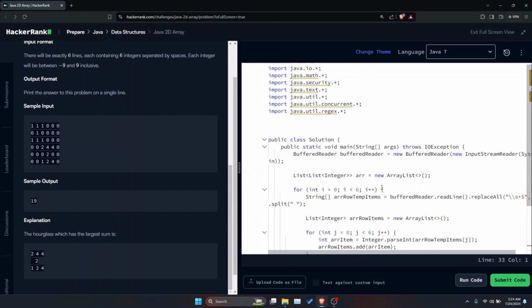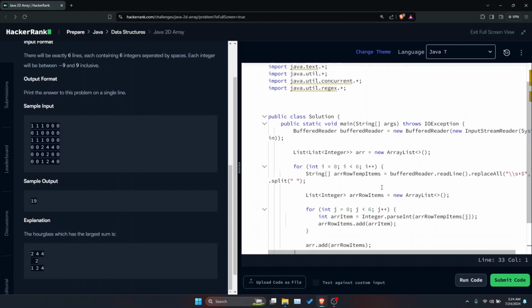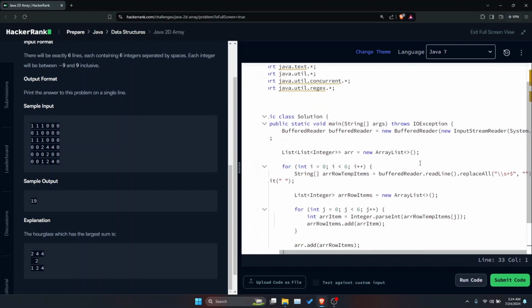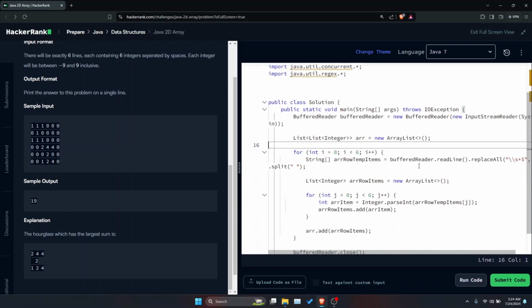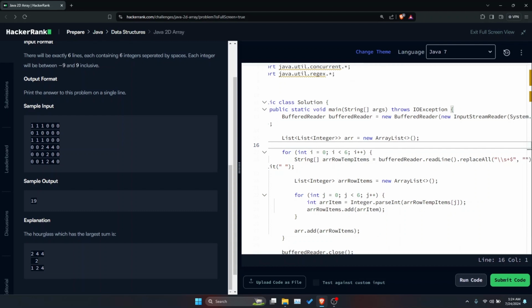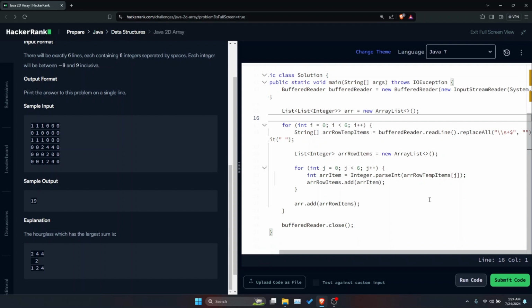So in the code which is already given, we have a buffered reader which is taking input, and we have a list of lists. We are taking the input and replacing the ending of line with a space, and we are initializing it.